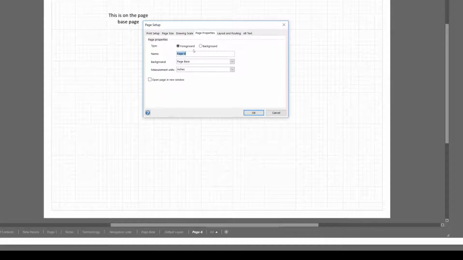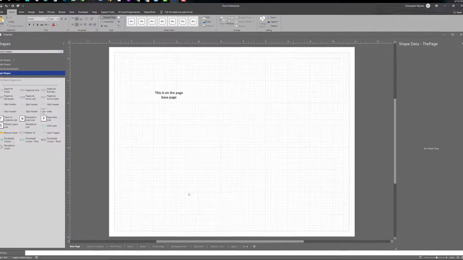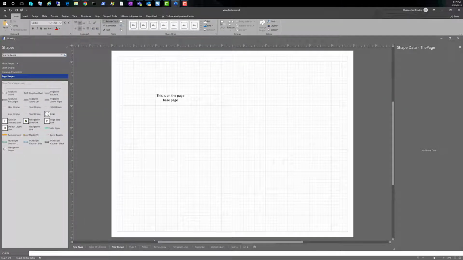And even though it says page 6, it's a little confusing because that is the next available foreground page. So new page. And instead of page base, we're going to use page 6 as the background. I fear this is getting a little confusing. So no surprise, where'd it go? New page, we've got the same text from page base. And so if we go to page 6